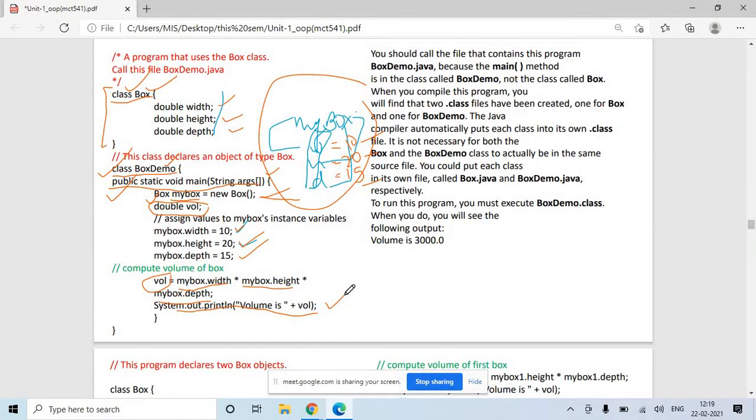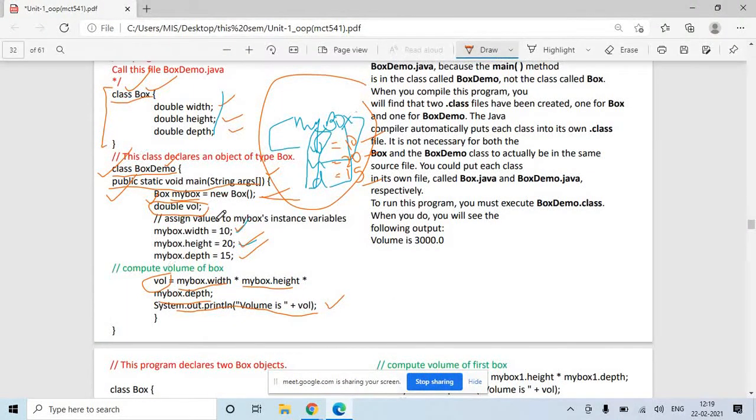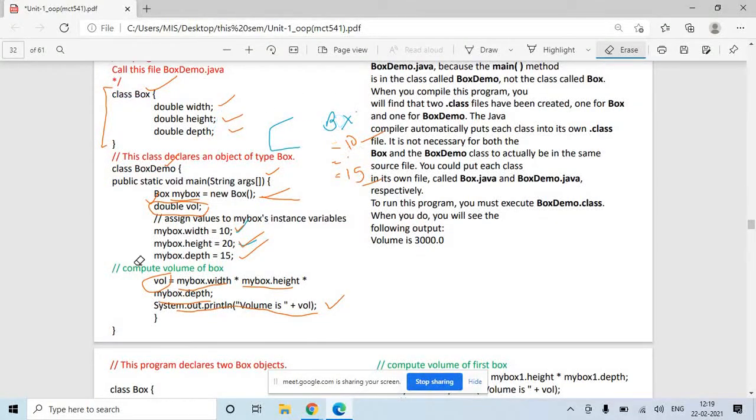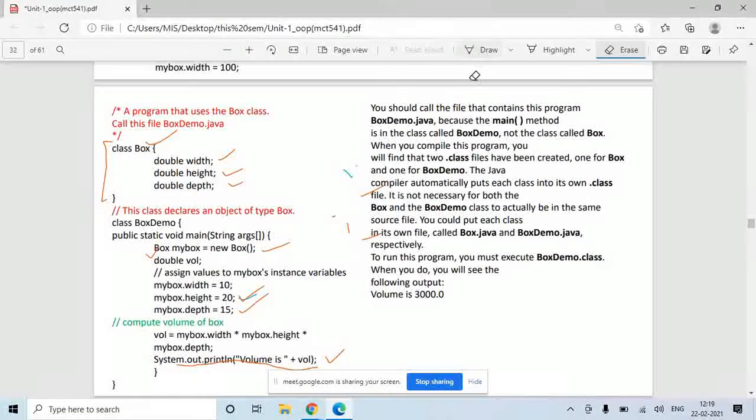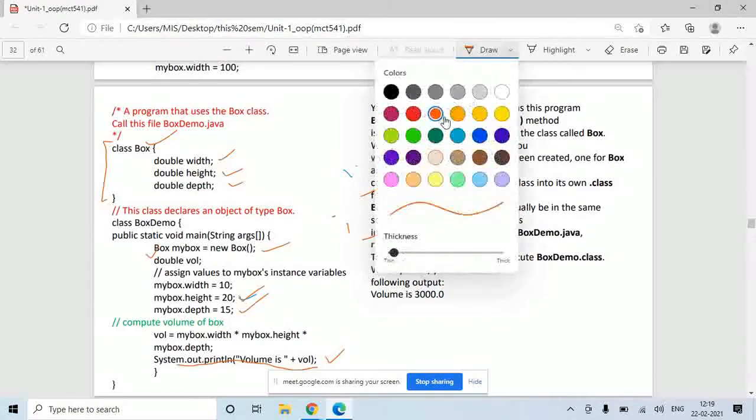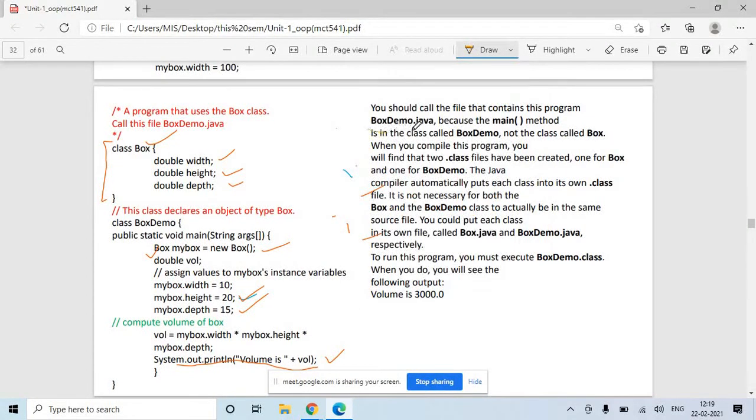Now there are a few important things to learn in this program. If you write this program, then you must save it with the name BoxDemo.java. In this program you have two classes, the Box class and the BoxDemo class.